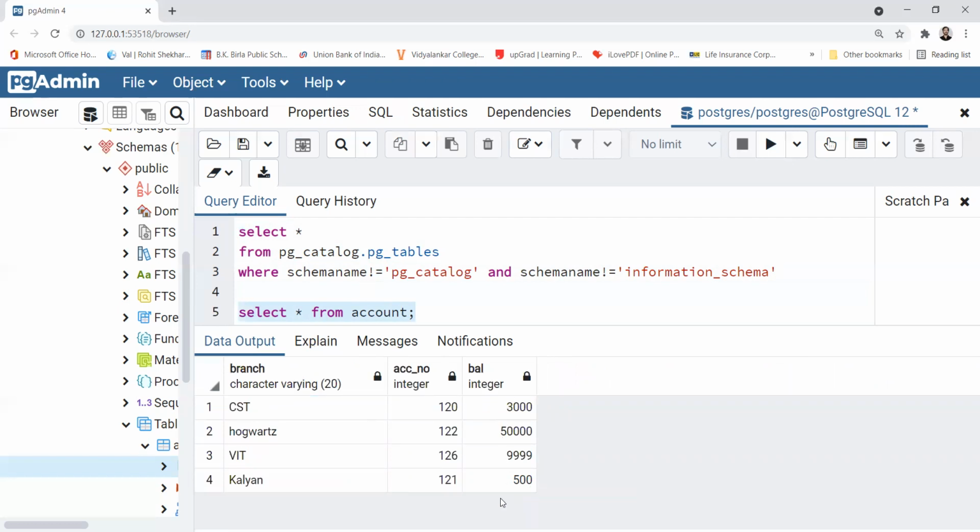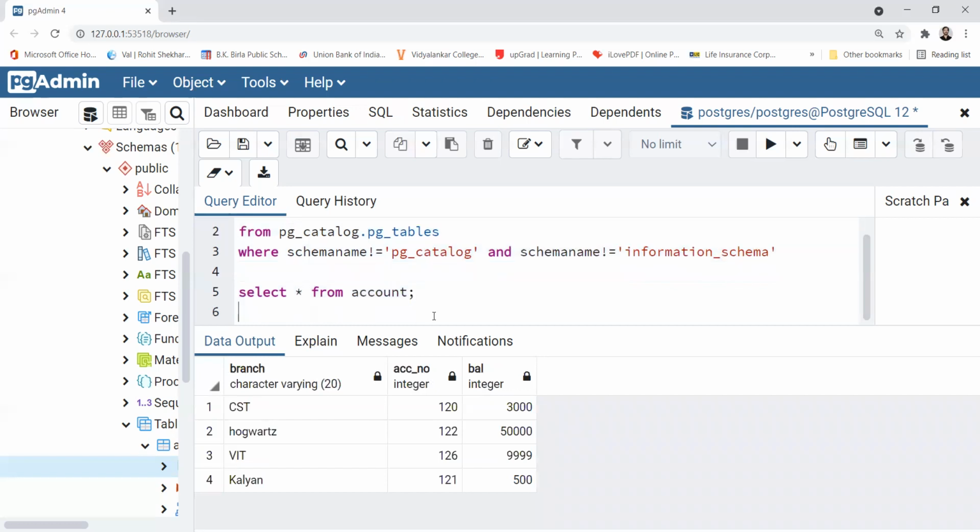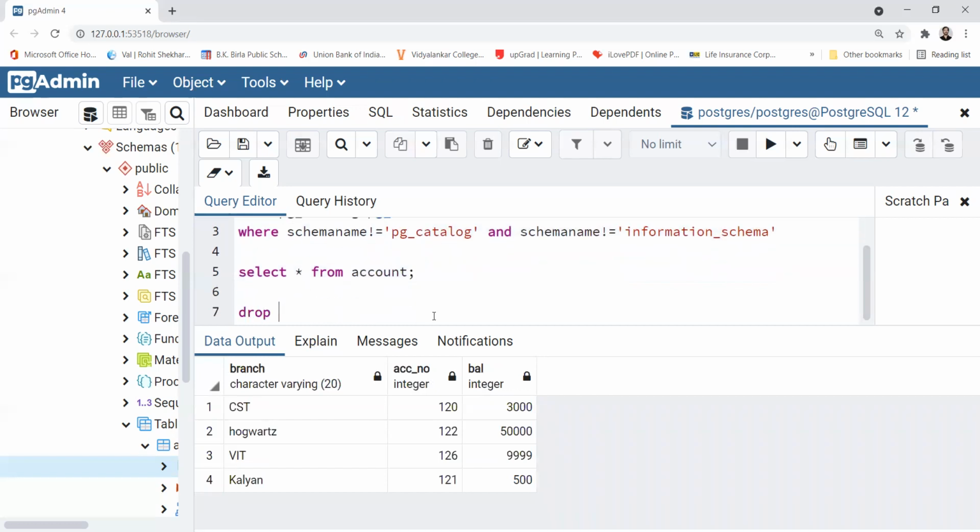This particular table was created for some project. But now we do not need this table. So what to do? We can drop the table. So the command is drop table, table name. But understand one very important disclaimer: if you drop a table from a database, you cannot recover that.